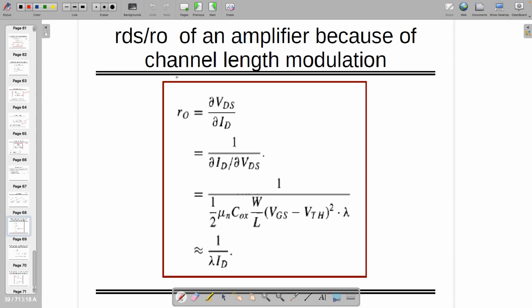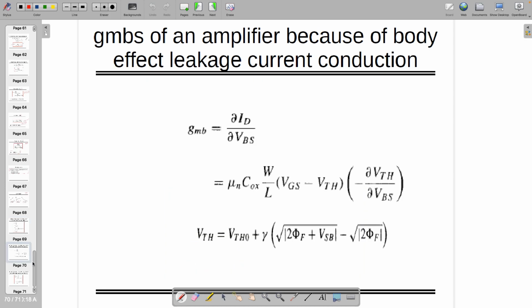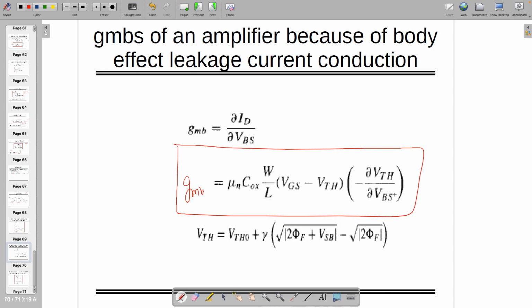These are also some of the equations. This is also a very simple one, 1 by lambda ID. Okay, this is 1 by gmb. So gmb is equal to this equation, that we got from this equation. I took it from the device book. Okay, so we are using VTH with respect to VTS, and VTH is this one. Same way,